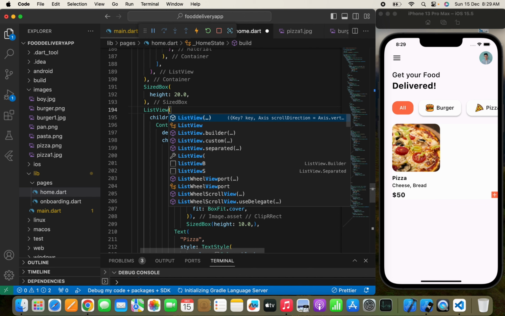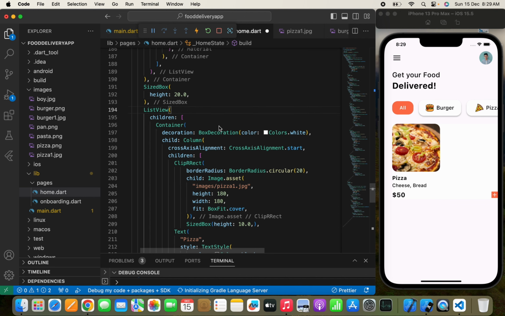Yeah, something like this. So here I'm making a basic UI, or you can say an advanced UI,